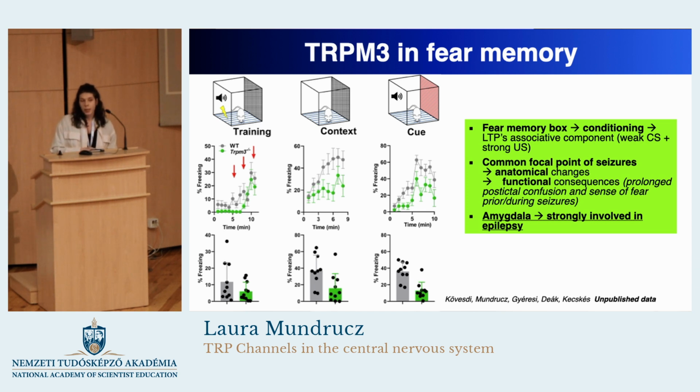So we could see that TRPM3 is also pretty much involved in managing fear memory encoding. But back to epilepsy. The lateral amygdala is known to be involved in epilepsy as well. In many cases, it is the focal point of seizures, meaning that the seizures originate there. And also, if it's not the case, there are distinct anatomical and functional changes that appear with the amygdala